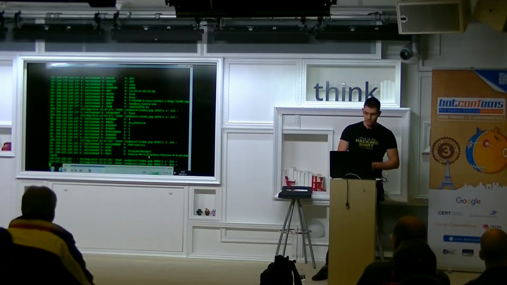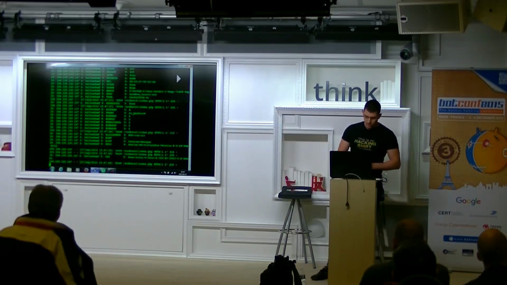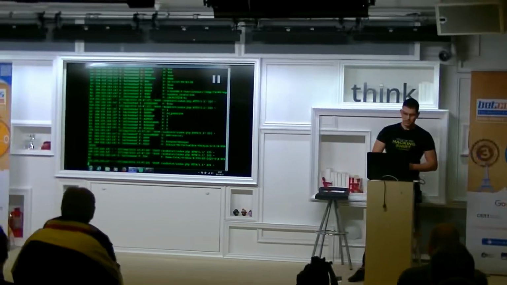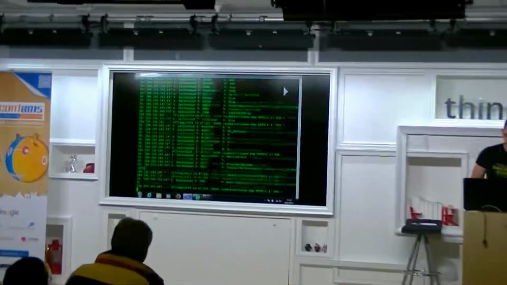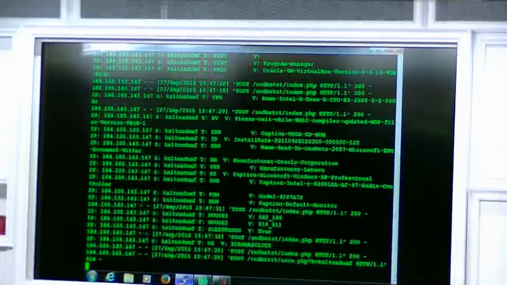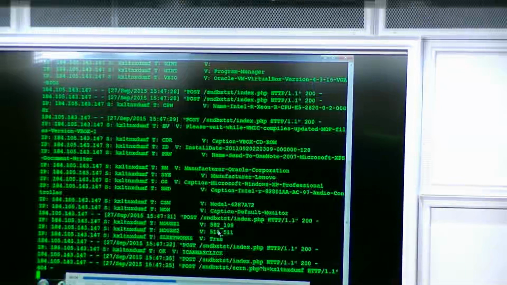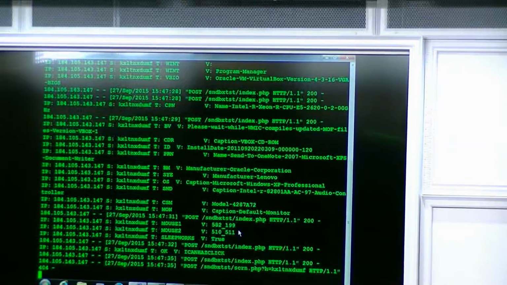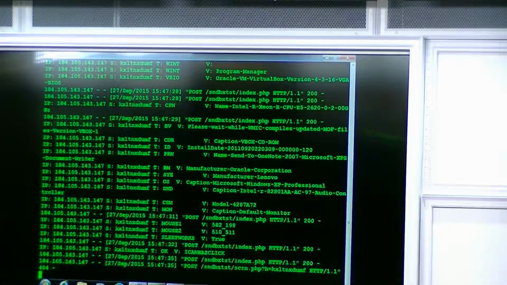For example, it is running on VirtualBox. You can see that it is a Xeon-based processor, and so on and so on. So you can leak an awful lot of different information. Here you can see that the mouse event was emulated, so at different times the mouse position was different, and so on and so on. So you can get a lot of interesting data from these sandboxes.